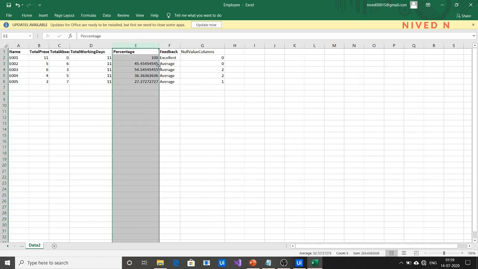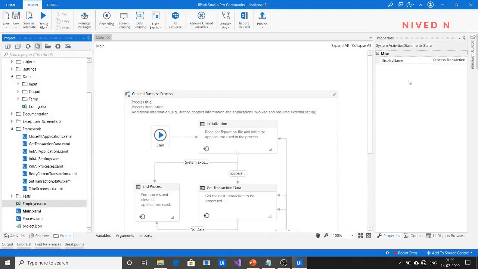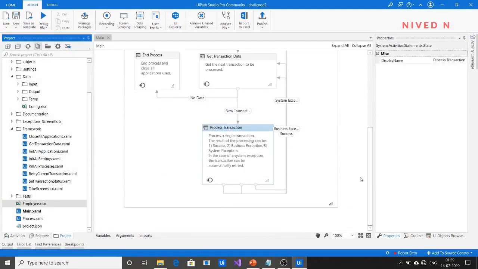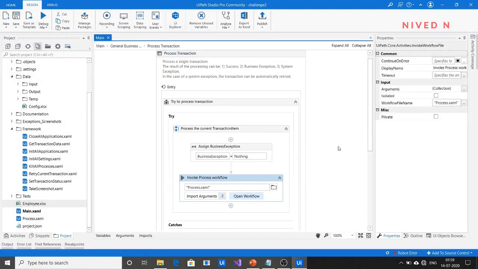So you can see the percentage value here. You can see the big decimal values. So you can round off to two decimal places, because we can see here that it's 45.454545, like that. It's a big decimal value. You can reduce the decimal values by using another code that I will show you next. You just close this. So in the percentage section itself, you can reduce that.